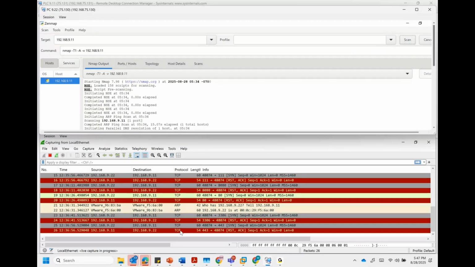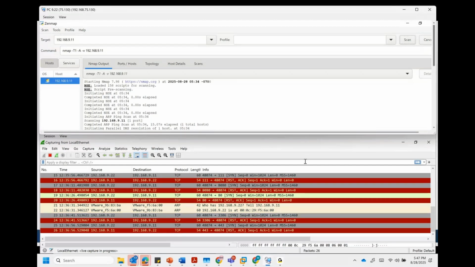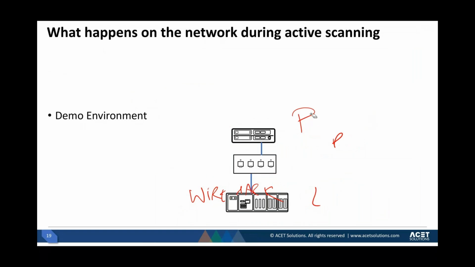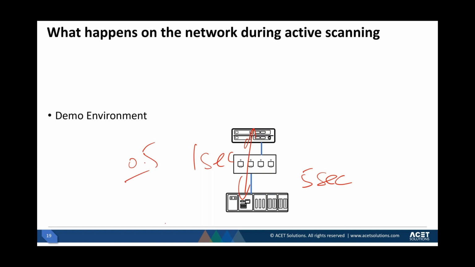So this is basically coming back to the discussion of our presentation, that all we are trying to do is slow down the communication. Most PLCs wouldn't mind. I cannot think of any PLC that would mind receiving a packet of network scan every 5 seconds, because the other communication is most likely happening every 1 second or even every half second. So if I send one request every 5 seconds, the PLC would be okay with that.